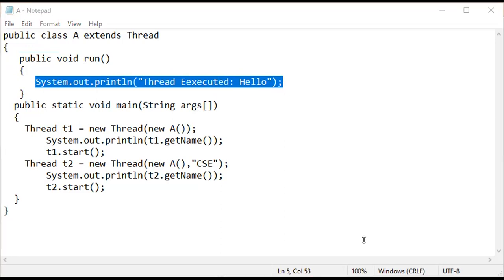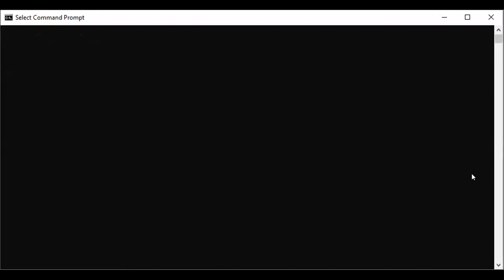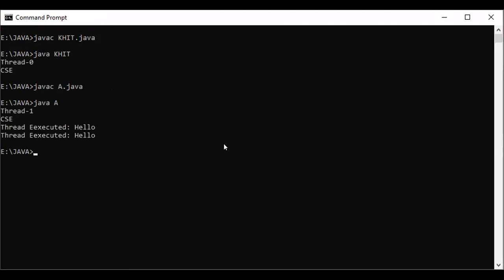Go to the command prompt. javac A.java. Compile. Java A. So if you observe here, thread 1, right?